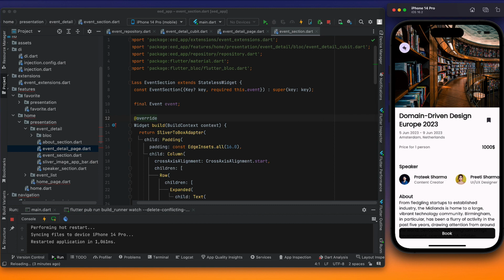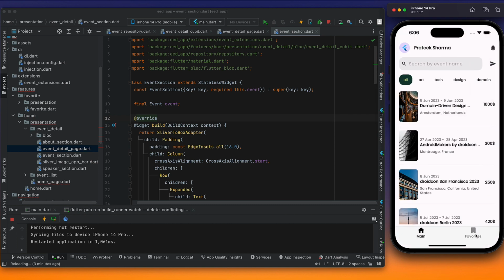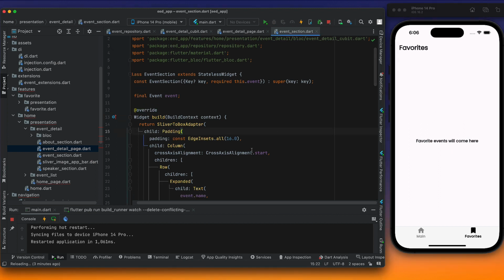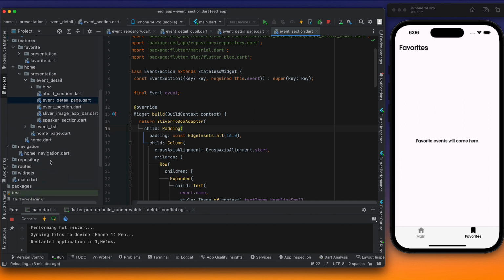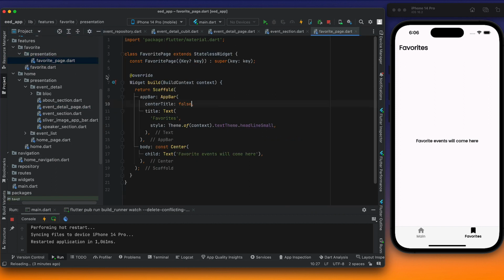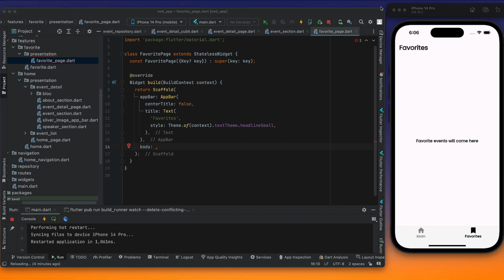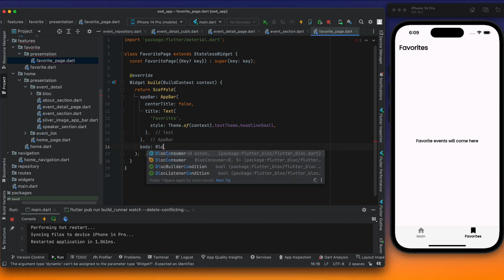Within 2 seconds it would be marked a favorite in memory as well, and when we go to favorites we have to display the favorite events here. So in that case, we can go to the favorite page. Great. So instead of this we will have a list view again. Let's say ListView.builder, and we'll just copy this list from the event list and make it work here. Okay, so in here we can use BlocBuilder, but hey, we don't have any bloc for